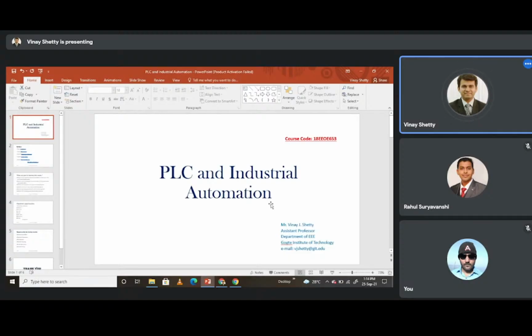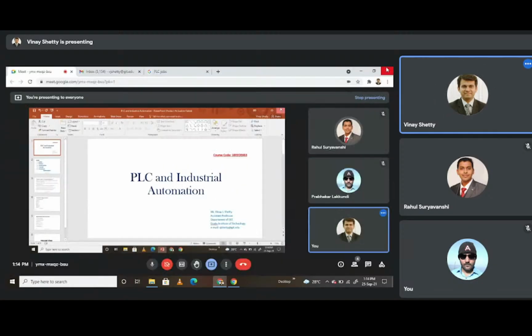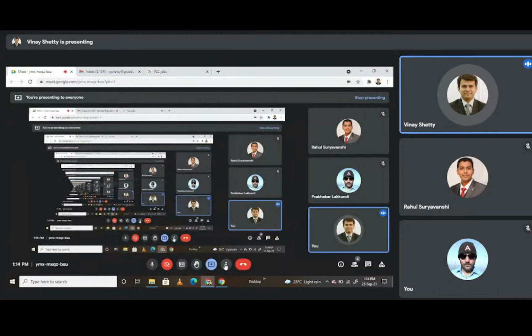With the prerequisite that you have studied the PLC and know how to rig up the circuits, it's quite easy. No subject is difficult; obviously we have to come together, learn and explore it. I wish all the best to all the students, and I wish to see you soon opting for the electives being floated by the Department of E&E. Thank you very much. Rahul sir?